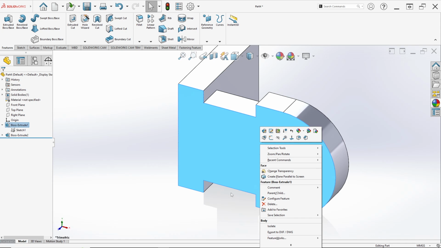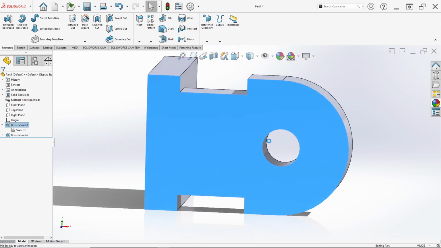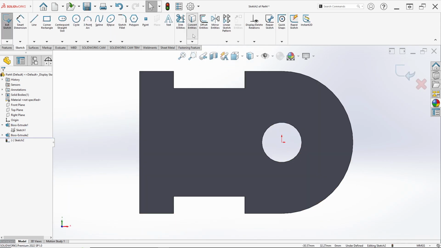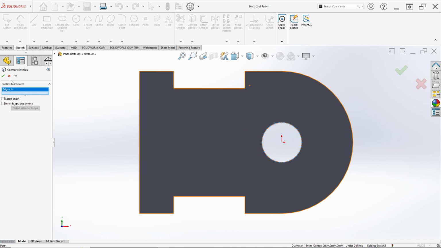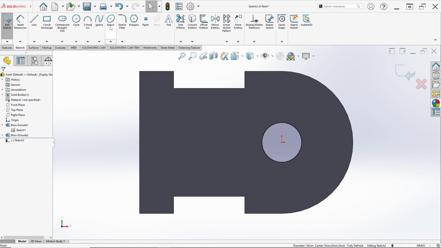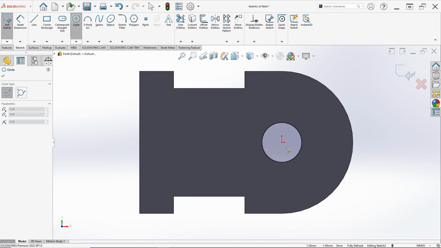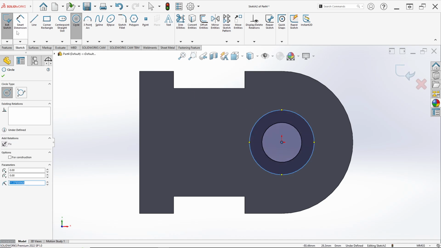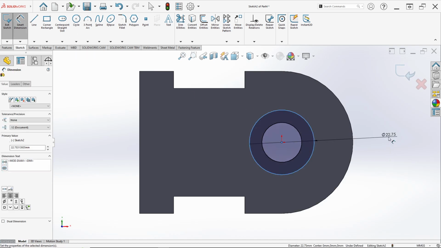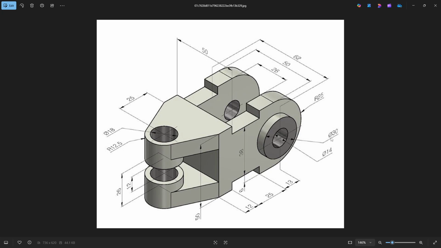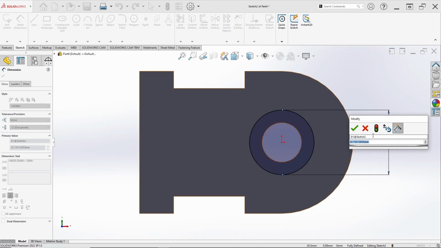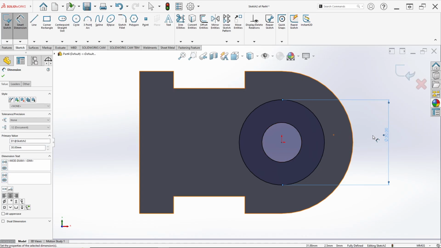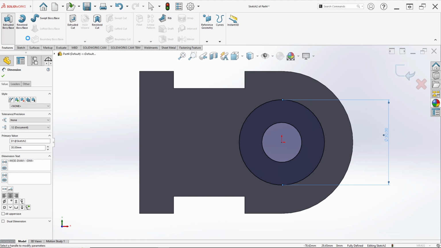Don't forget to make the tube, cylinder like this. So select this face and click sketch again. Convert entities for this circle or this edge. Just click OK and make one circle again. Set the dimension here. The dimension is radius 30 millimeter. Just input 30 millimeter. Go to feature and extrude boss again.